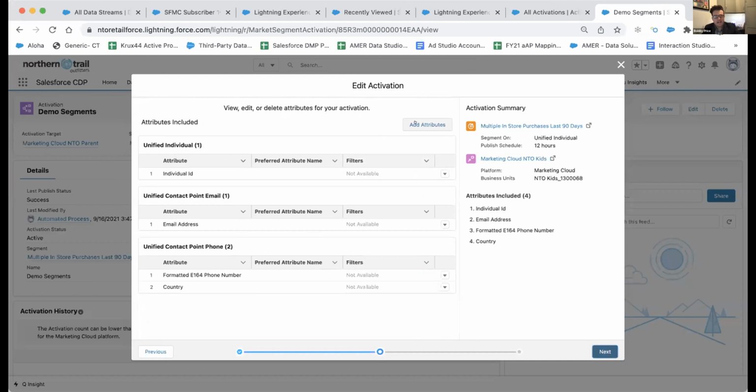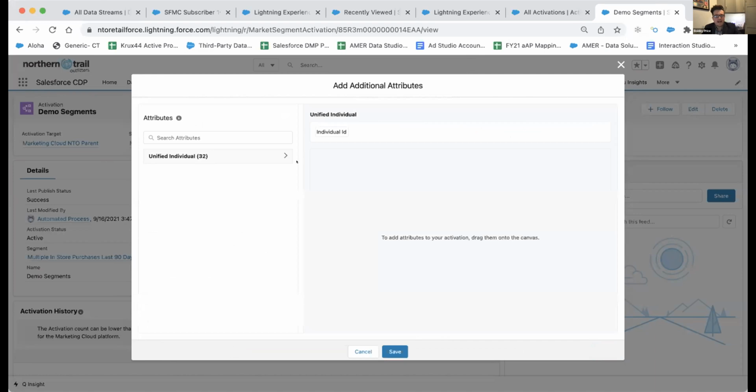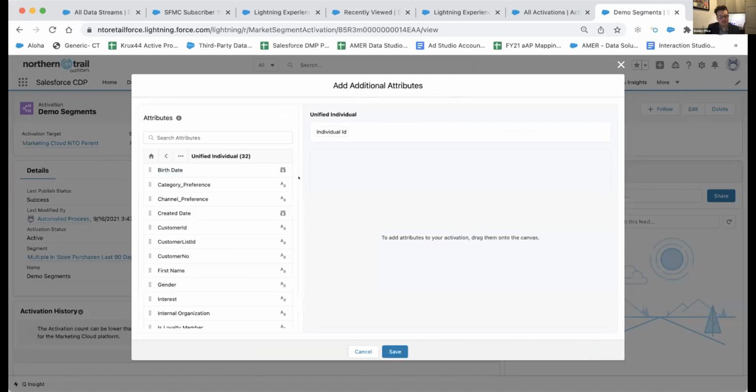So now we have the attributes that we want to add in. So what is an attribute, or why does it matter that we have all these individual attributes? As you know from Marketing Cloud, when you create your journey or you have your email, you can personalize these emails to a user's favorite store, or what they've bought recently, or their gender, or their name. You can basically take data that wasn't part of the original segment and add it into the load that goes over to Marketing Cloud.